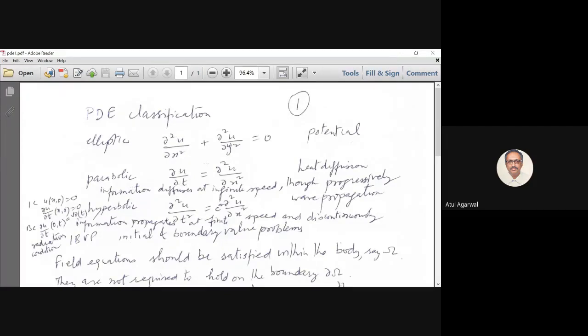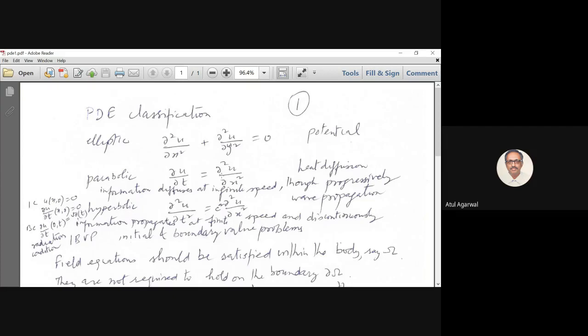For example, in the case of temperature, your initial condition is the initial temperature. So you have only one initial condition. You won't have any temperature derivative. In the initial condition, you will just give the initial temperature throughout the domain. And you see, u has a second derivative with respect to x, so you need two boundary conditions.